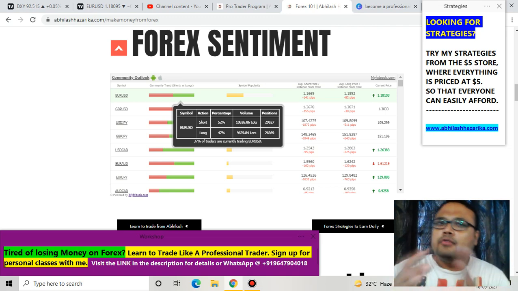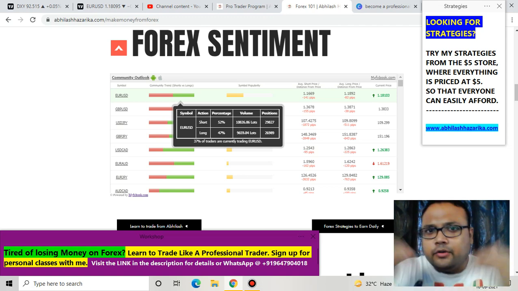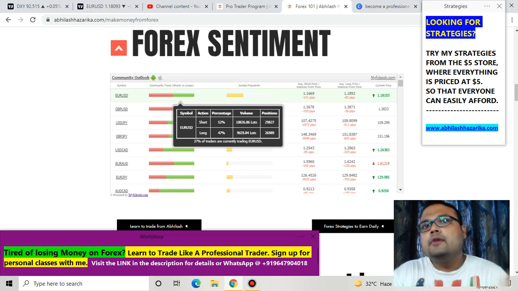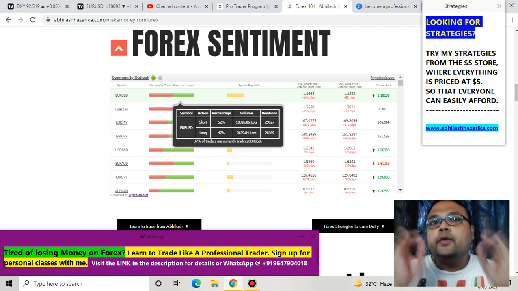If you want to go for 10 pips, 12 pips, then you can trade at the support or resistance. But if you are looking for a big move, then wait for the market to give you a proper breakout